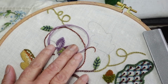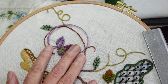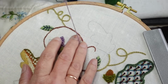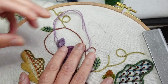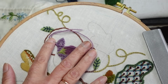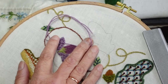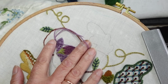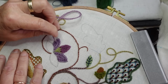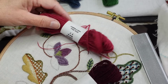So here I'm going upwards. It's not an easy angle for my left hand to do, so I'm working with my left hand underneath, but this hand is holding that loop there, and then as I go down again, it's already holding the thread off to the side, spreads the loop, and it's there for me to come up into. So you find that you just work in a slightly different way. In the end, it's whatever makes it comfortable for you to stitch. That's the main thing. I think I'm going to work with these two Appleton yarns,